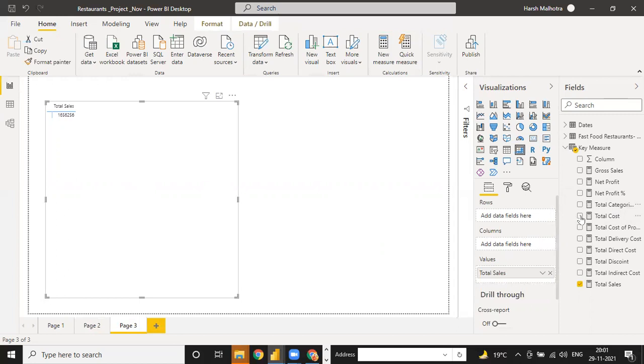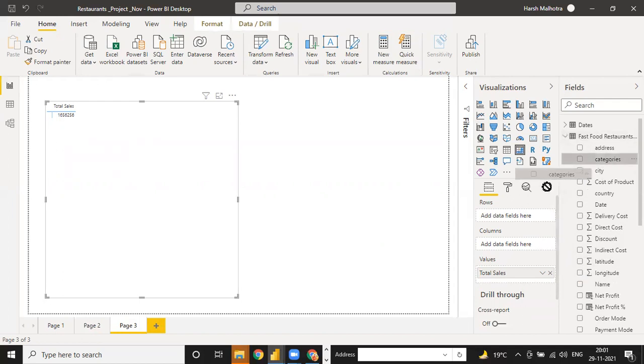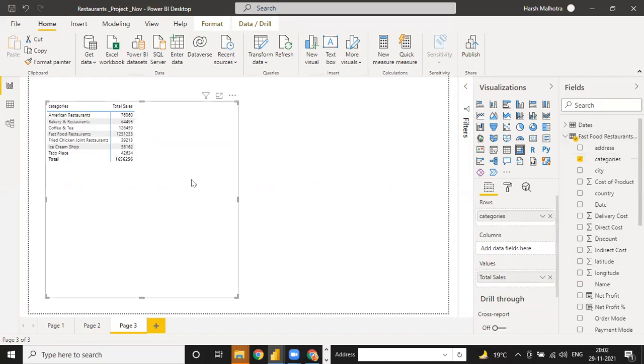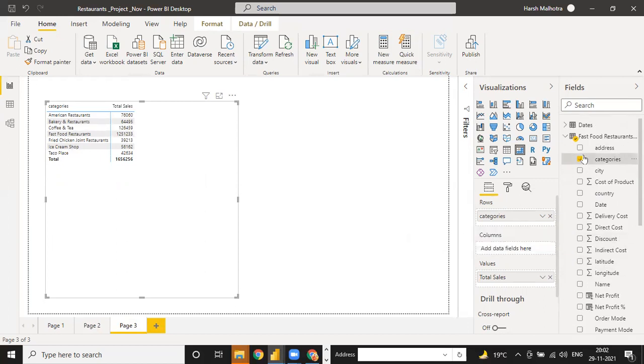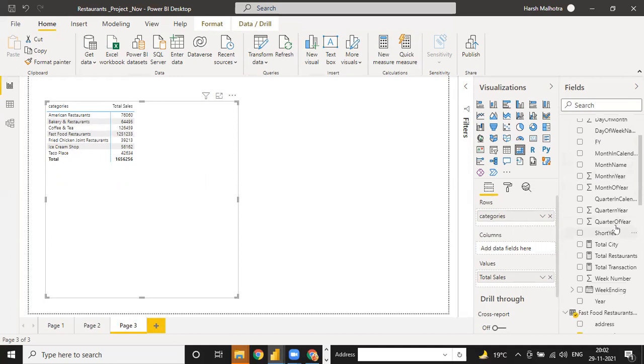Total categories. Okay, go to here, rows, you have to use categories, 1 2 3 4, 7 categories, and in the column, not city, year wise, show year.